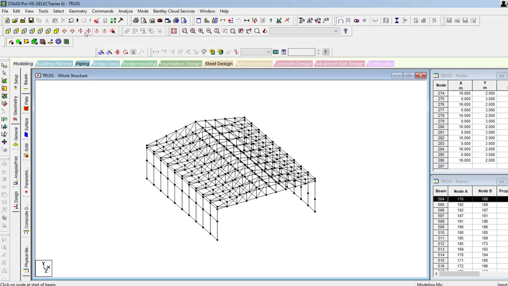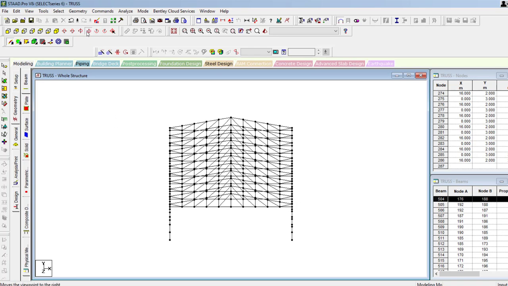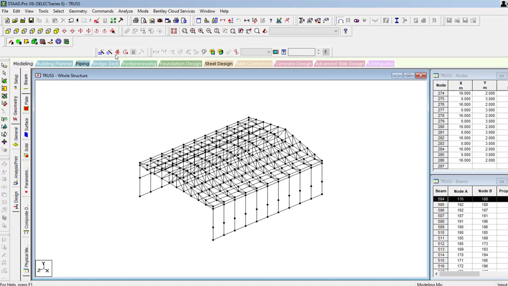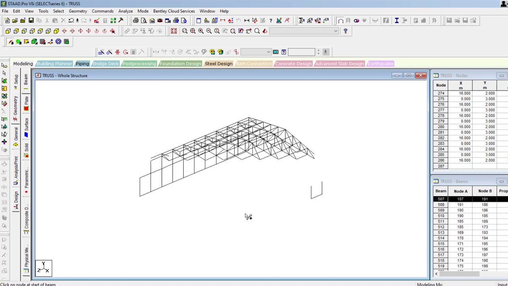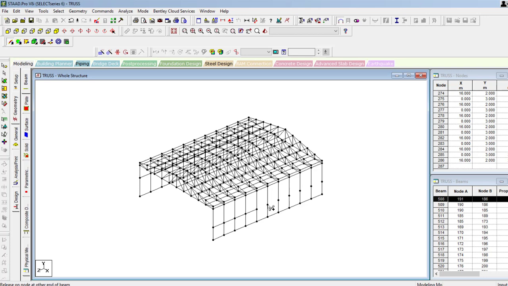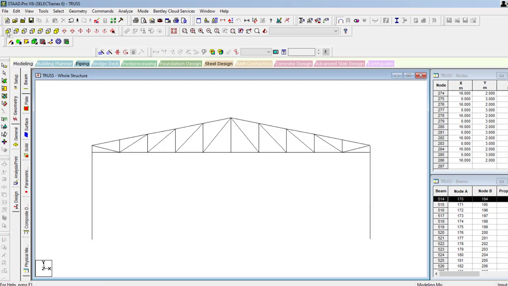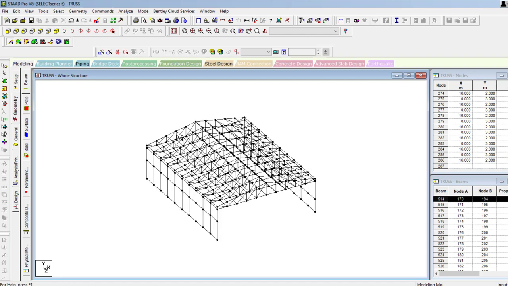You can change the view or else you can rotate the structure by using the rotate tools. And I am connecting like this. You should know the parts of the truss. Those are purlins, rafters, beams and columns. The members that are vertical, we call it as a column, and these are the rafters, and these connections are the purlins.